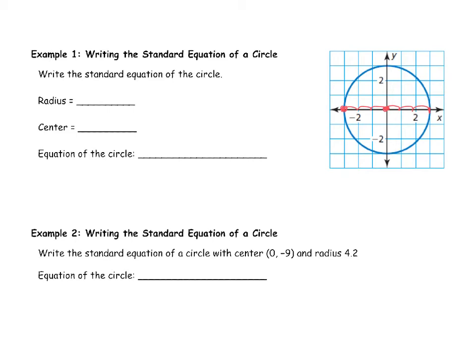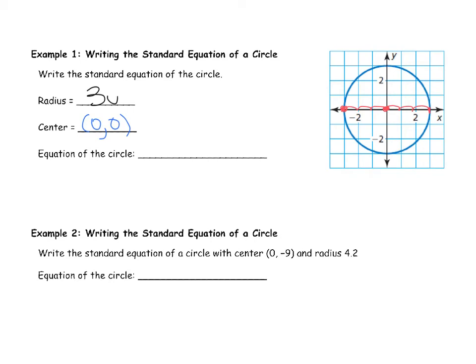I can go 1, 2, 3 to the right and get to the circumference. And from the center, I can go 1, 2, 3 to the left and get to the circumference. I can also notice that going down, I can go down 3 to get to the perimeter, or 1, 2, 3 up. So the radius then has to be 3 units,